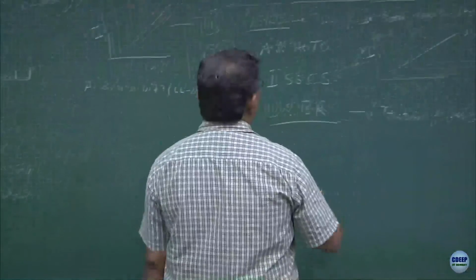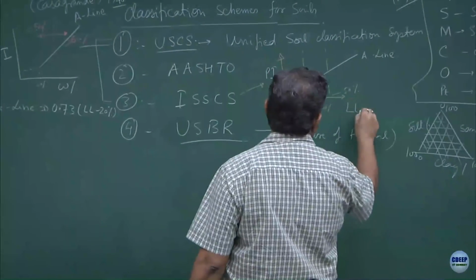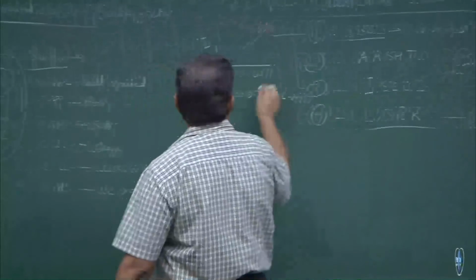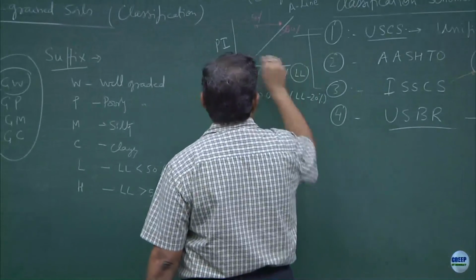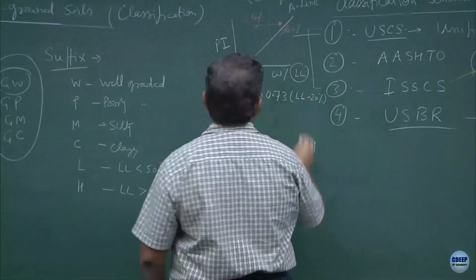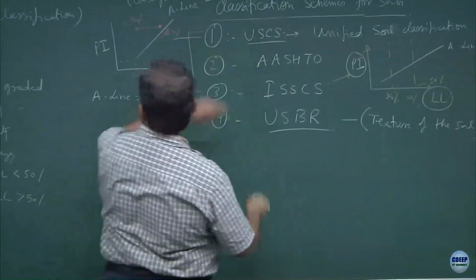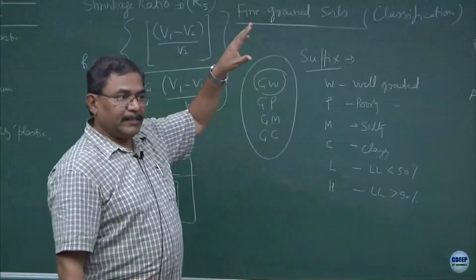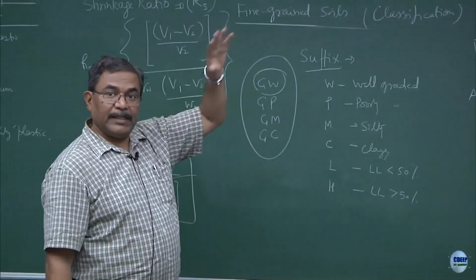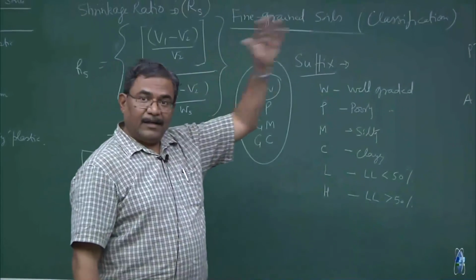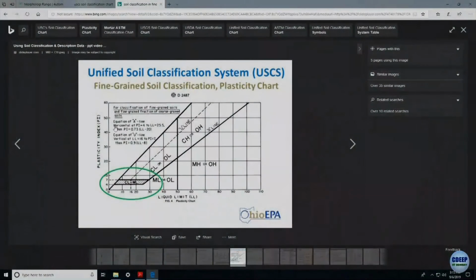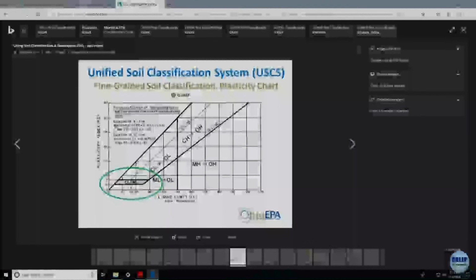Please remember, when you use plasticity index and liquid limit, this is for fine grained soil. If I change this moisture content to liquid limit, this becomes for fine grained material. So, these classification systems are for fine grained materials, and for coarse grained material we have utilized Cu, Cc by using D10, D60, D30, D85, D15 and so on. This becomes the common language which is used internationally to define the soil mass.